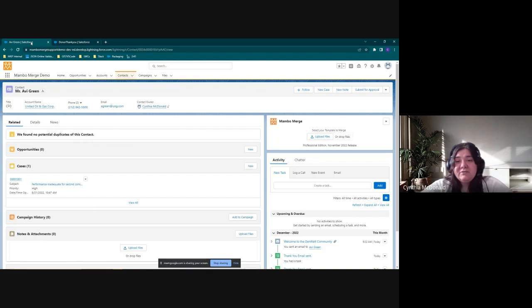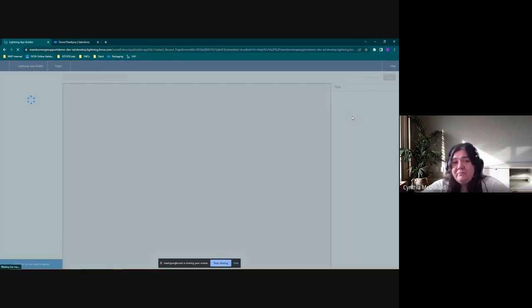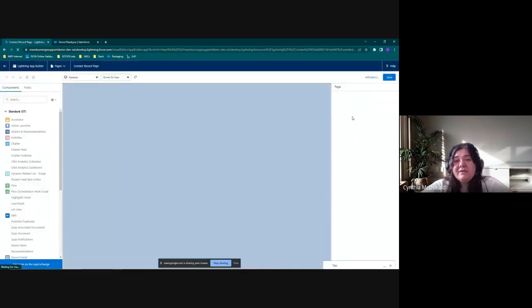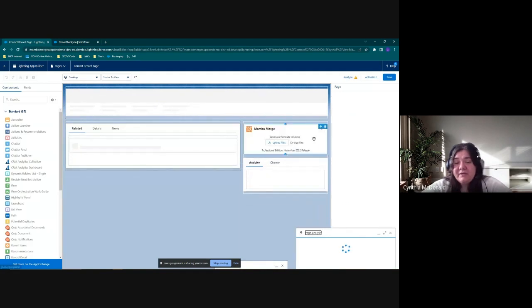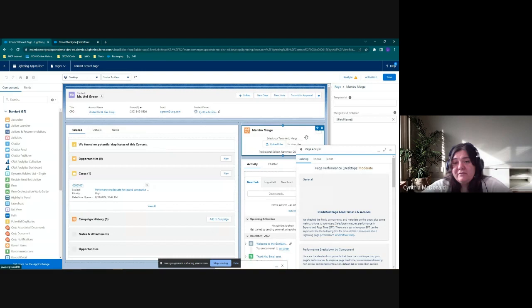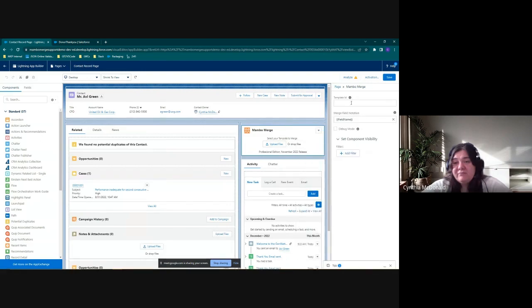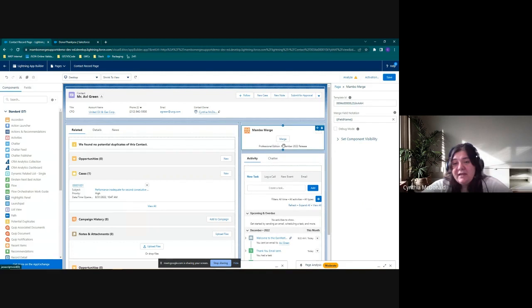And we're going to go back to our Mambo Merge right here. Sorry, jumping ahead of myself. We're going to go back up to the gear icon in the top right, and we're going to go to edit page. Now this is going to make just this one template always set to this Mambo Merge component here. If I select that, it's going to fill out the right-hand side, and I'm going to just paste that file ID in here. And if I click somewhere, you'll see that it actually updates. And it's going to have a button that appears and says merge. So if I save this,